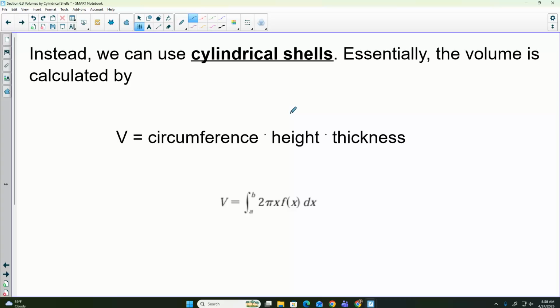This one is finding it by doing the distance around, more like length times width times height. So circumference of a circle is 2 pi times the radius. And then our height, our f of x, that would be our function. And then to get the volume, we integrate that. So we're basically integrating that area